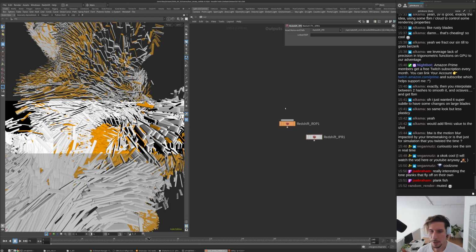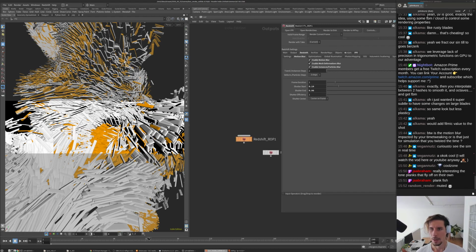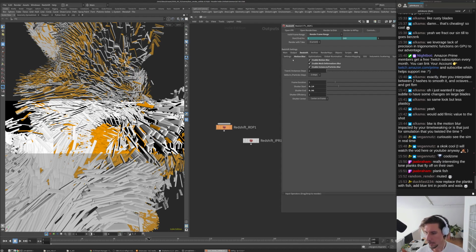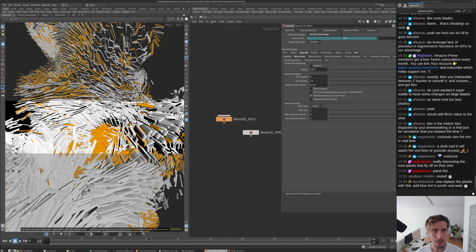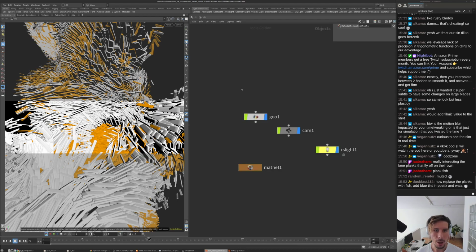I could go into the Redshift stuff, actually go into a sequence or a shot, and replace the planks with fish. Then I have the waka flock. Yeah, there was one other idea. I don't have time for it right now, but